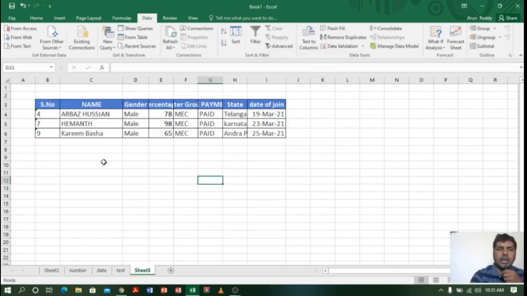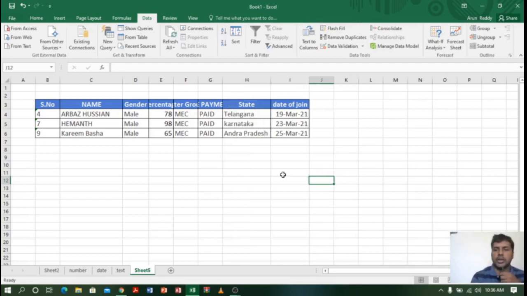Nice. Now you can see we got the result. How did we get the result? Because before you create the advanced filter, you have to keep your cursor on the sheet where you want to paste. Okay, so this is how we can paste the filtered data into the next sheets.